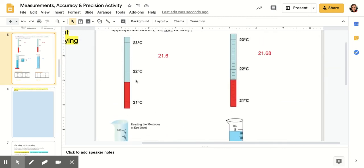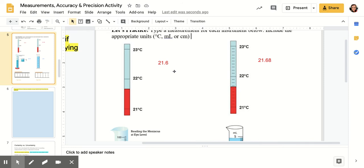So, for example, if I'm looking at the temperatures, my values for my temperature, if something is 21.6 or 21.68, if I'm comparing those numbers, I'm going to assume that whoever made this 21.68 is much more confident in their measurement because they have more place values. It would be like saying,